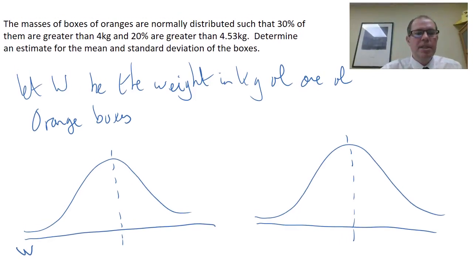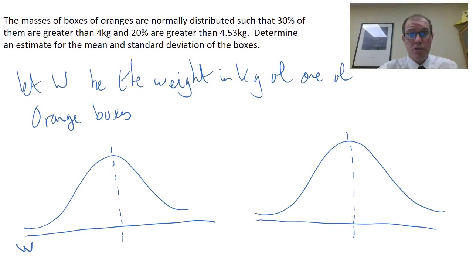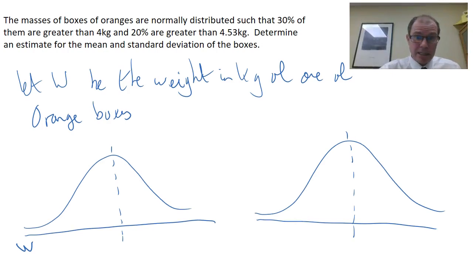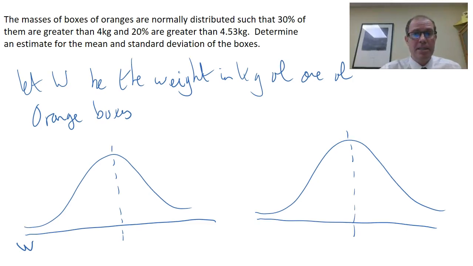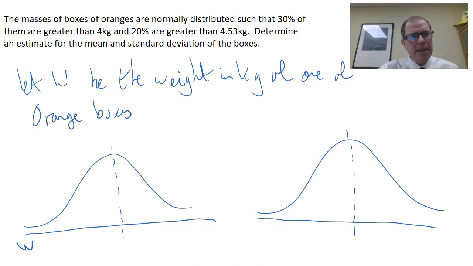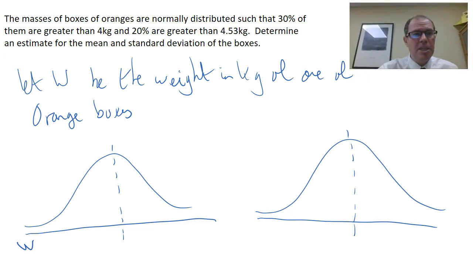Hi, I'm Graham Lewis, and in this problem we're going to look at a normal distribution problem where we are given the areas and we have to calculate the z-scores, so go backwards. And then once we've got the z-scores, we can solve the problem to estimate a mean and standard deviation of this problem. So we have the masses of boxes of oranges are normally distributed,